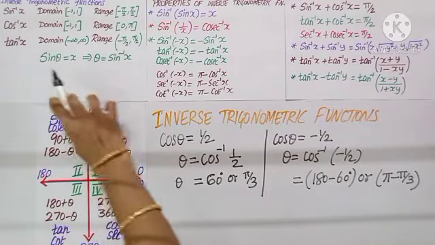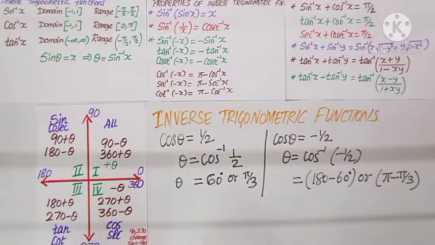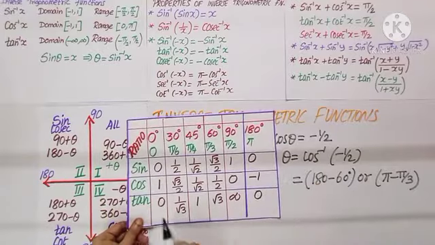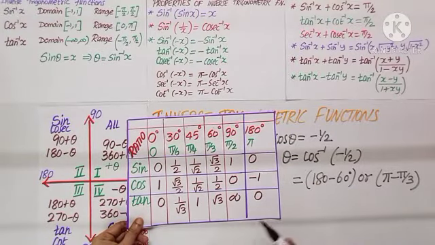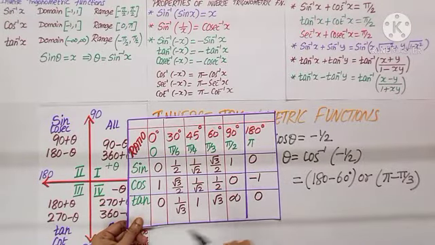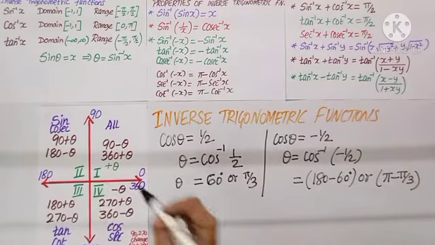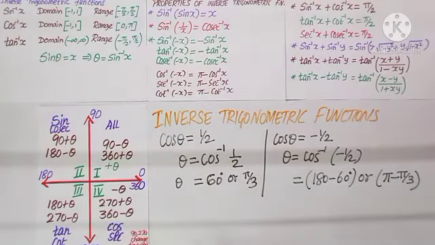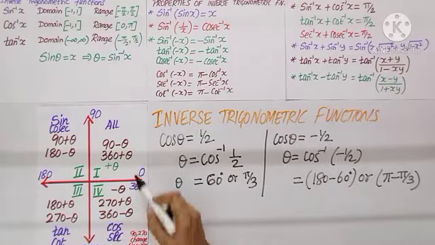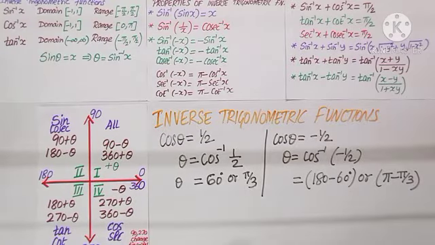When it is the case of tan inverse, we already discussed, tan can be any value, 0 to infinity. If it is negative, minus infinity to 0. So, in tan inverse, the domain is minus infinity to infinity and the range, as before, tan positive I am in first quadrant, tan negative I am in fourth quadrant. It is from minus pi by 2 to plus pi by 2. Now as we do the exercise problems, we will learn principal value once again.